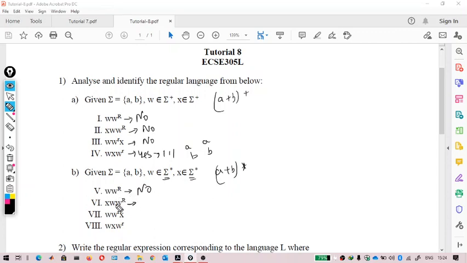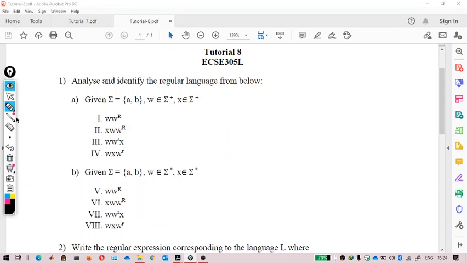In a similar way, see this question. In this question, you can assume that W is a lambda or an epsilon, and the reversal of this is also a lambda. So the regular expression for that can be written as (A plus B) star. That is why this is a regular language. In a similar way, this is also a regular language, and this is already a regular language, but for the value of W you can again put a lambda here. By doing this, the expression will again be epsilon (A plus B) star. So that is why it's also a regular language. The only difference between these two is the input set that is given to it. Here it is given (A plus B) star, here it is given (A plus B) plus. So that is the answer to this question.